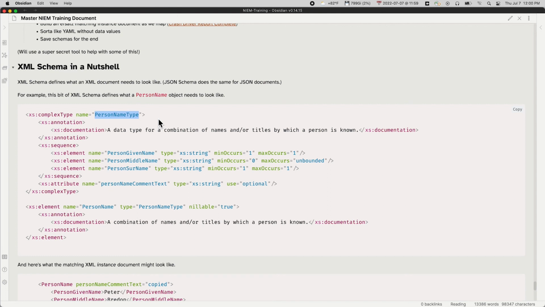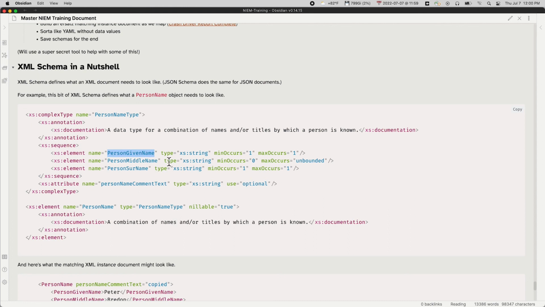We've got a documentation tag. That gives us the definition of this type, very similar to the element definition. Then we have something called a sequence. And what the sequence says is something of person name type can hold the things in the sequence tag in this order. So we look inside the sequence to see the things that a person name could hold. And each one of these elements defines a thing that the person name would hold. So the person name can hold a person given name,